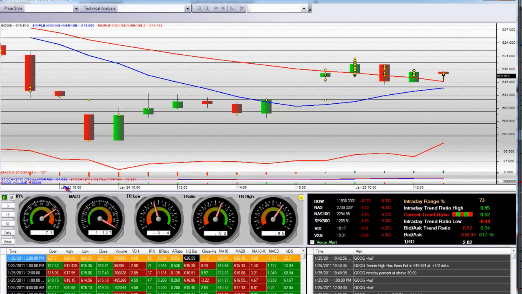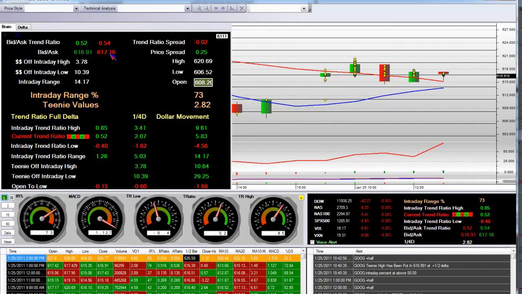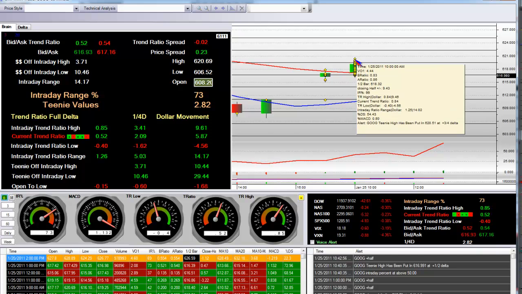And Google's currently printing at a price of 617, 620.69 on the high. Time is 10:43 a.m. Pacific Standard Time. This is the mid-morning price action update using your 60-minute alerts, all right here, MMTs, and